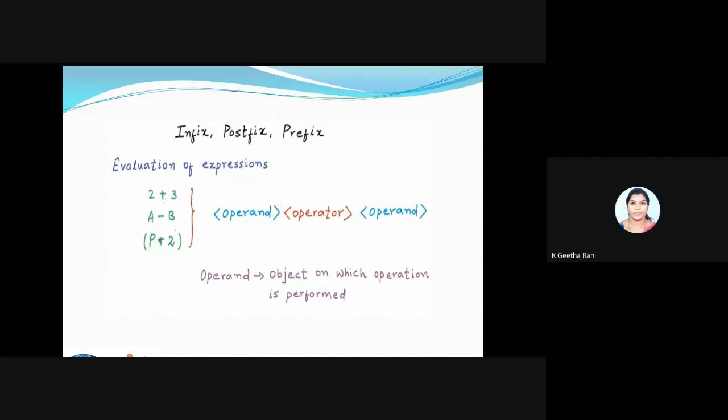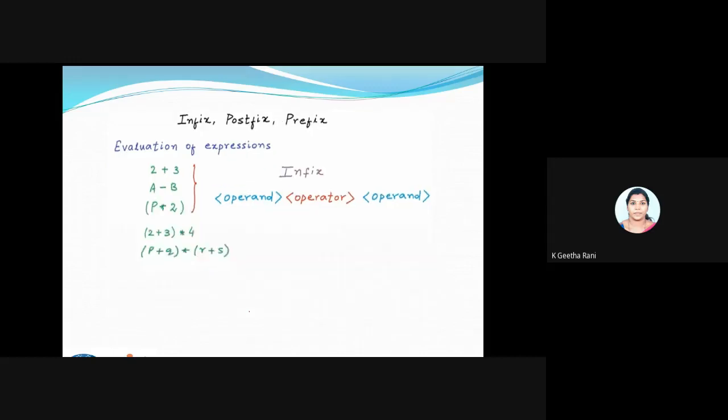I'm using a bracket here. If I use a bracket, my expression is going to be in a controlled way, and it's easier for us to access the data. It's the same meaning only. So in p star 2, p is an operand, 2 is an operand, and star is my operator. This is the meaning of an expression. Next we will see how infix looks. There is no great change in infix, because I always have an operator in the middle and an operand at both ends. I call this infix.